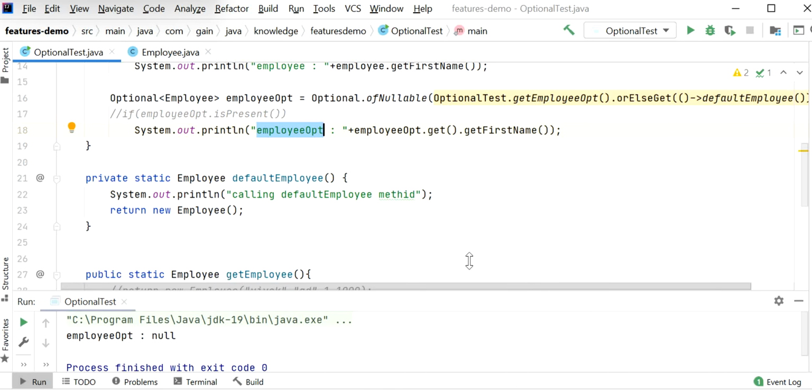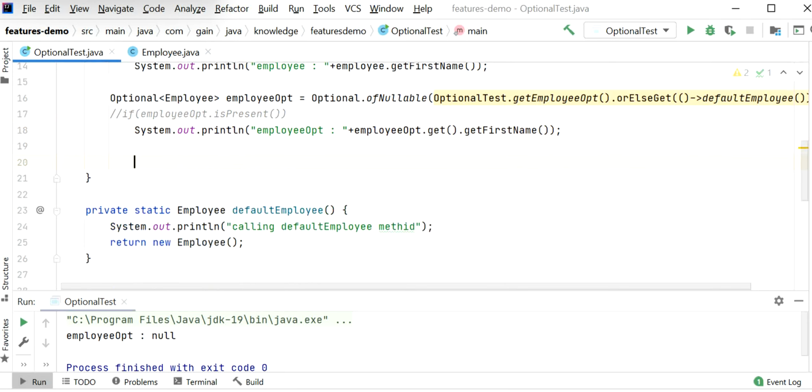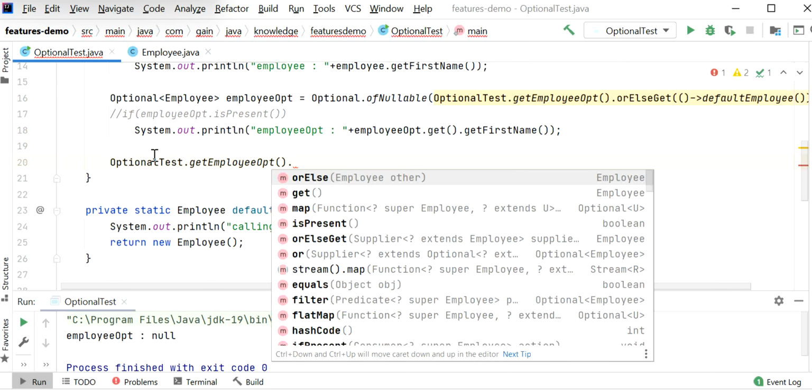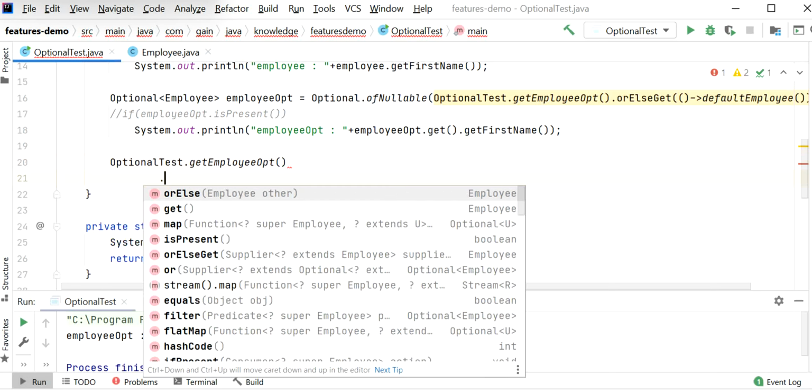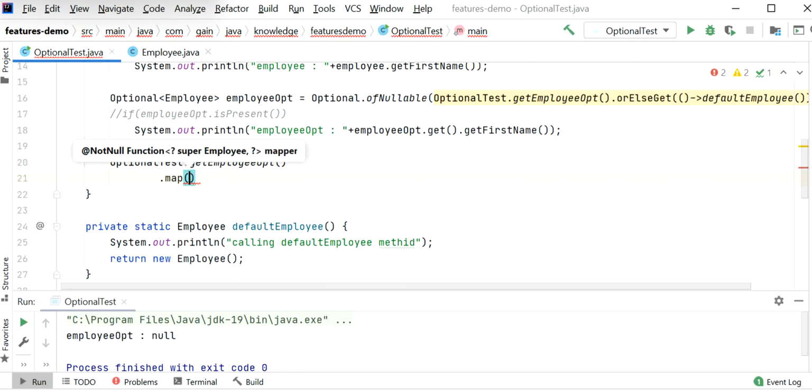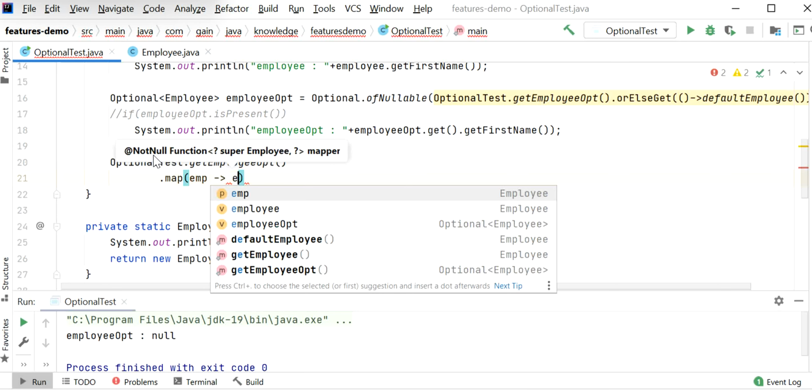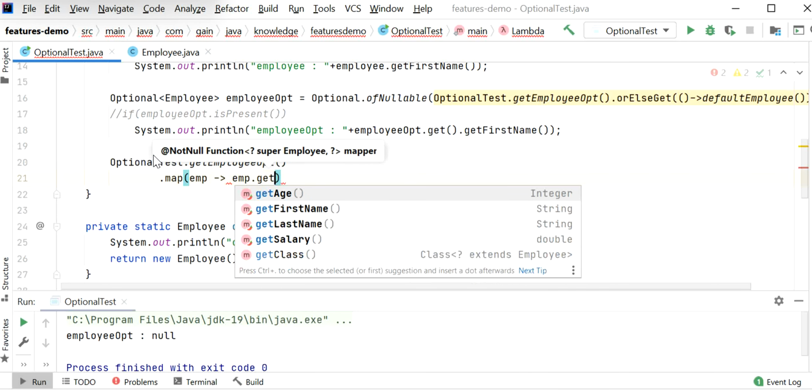So what we can do in that case is use the map and orElse functions to get the name. I will just copy this get employee opt object here, and call the map function with employee, and here I will get employee dot get first name.